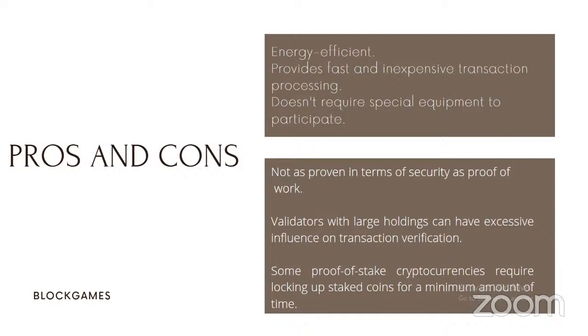But when it comes to proof of stake, you don't need all that. So it provides fast and inexpensive transaction processing. It doesn't require special equipment to participate. The only requirement is that you hold a certain amount of coin that will allow you to add